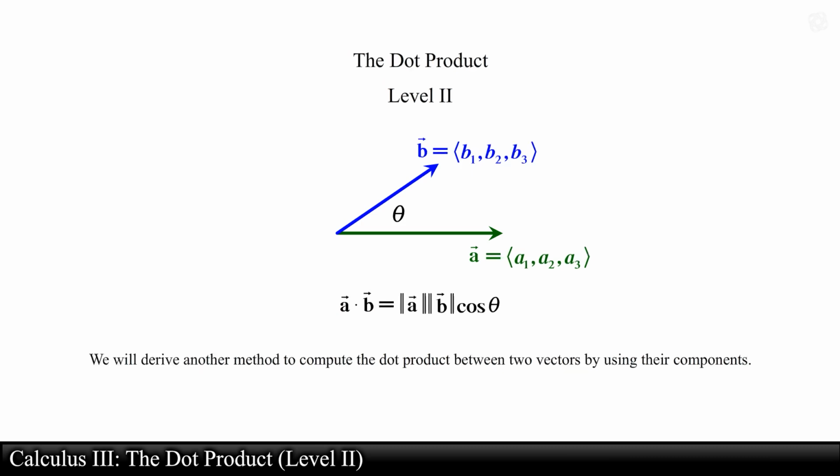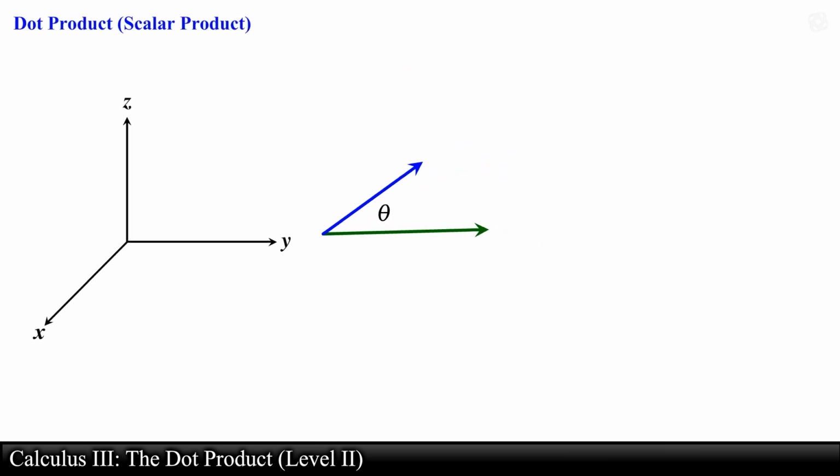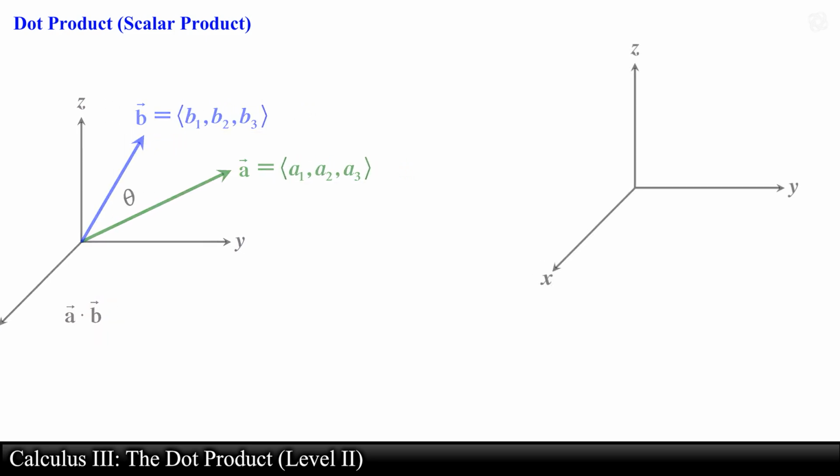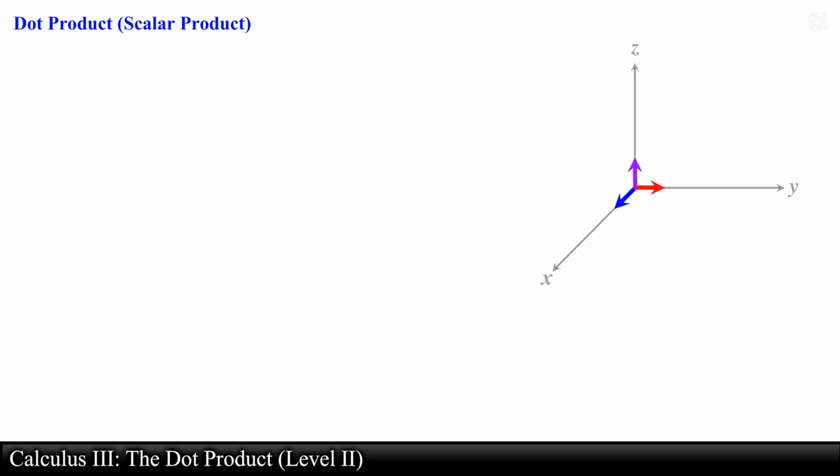To see how this is done, let's use a three-dimensional coordinate system to draw vector A and vector B, each having an x, y, and z component. Before we start deriving an expression to calculate the scalar product by using the components of vector A and vector B, we first need to determine the dot products of the unit vectors i, j, and k. This will be pretty easy since i, j, and k all have a magnitude equal to 1,